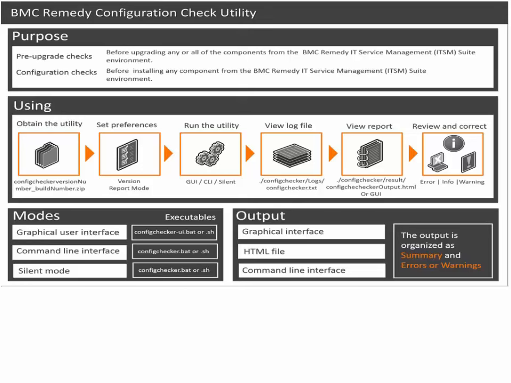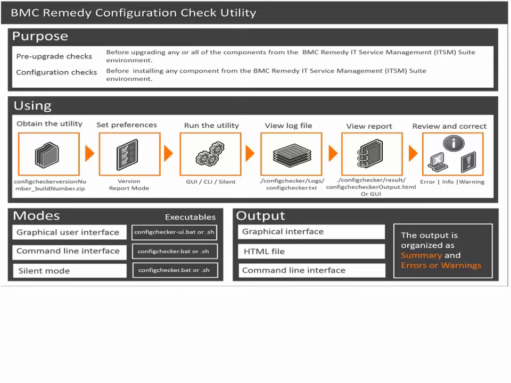So this is the GUI utility, and then once you have run it, you can also look at the log file of the configuration utility, where any error that the utility itself has encountered can be seen. And once it is successful, then what you get is the report. In case of GUI, the results are shown in the GUI itself in a table.